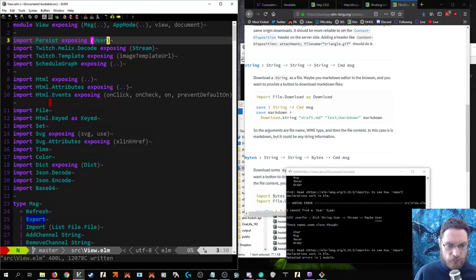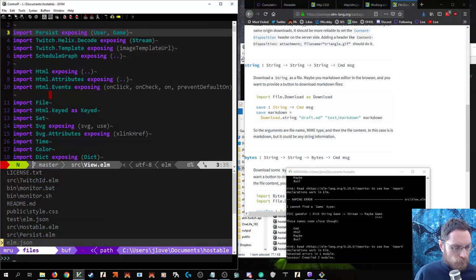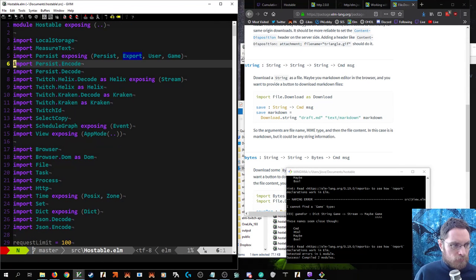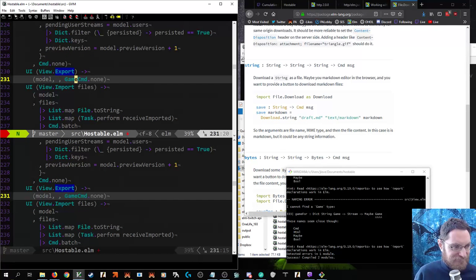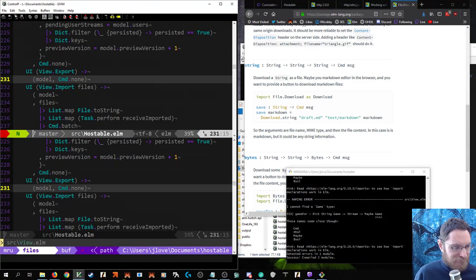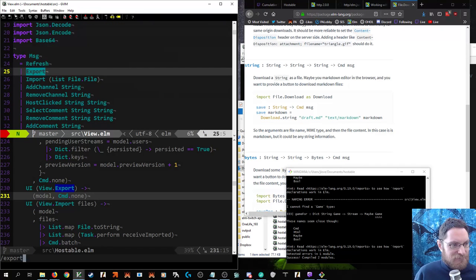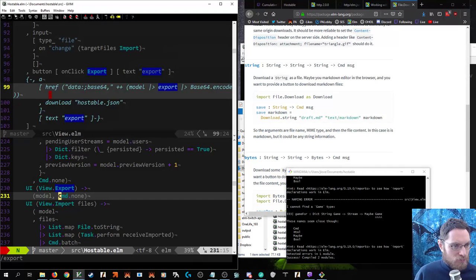It wasn't just the encode. Okay, hostable. View.export. So model export